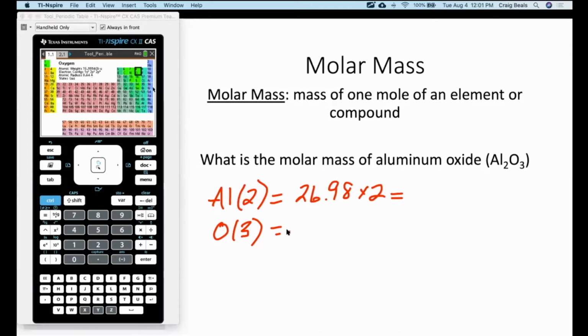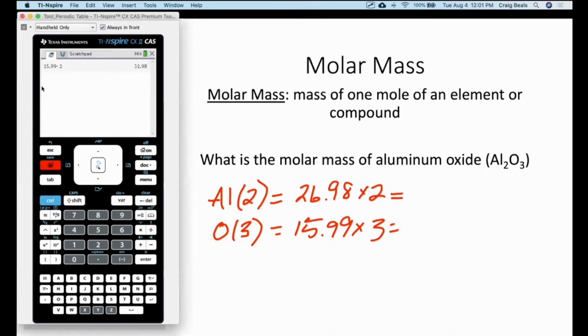And it is. So we've got 15.99 times 3. We can go back to our calculator and put these in. So we got 26.98 times 2 equals